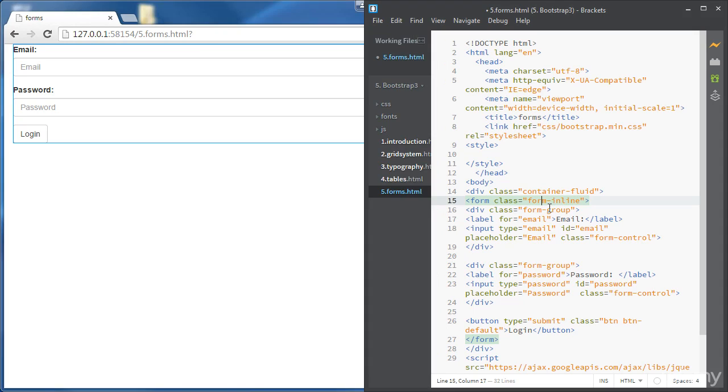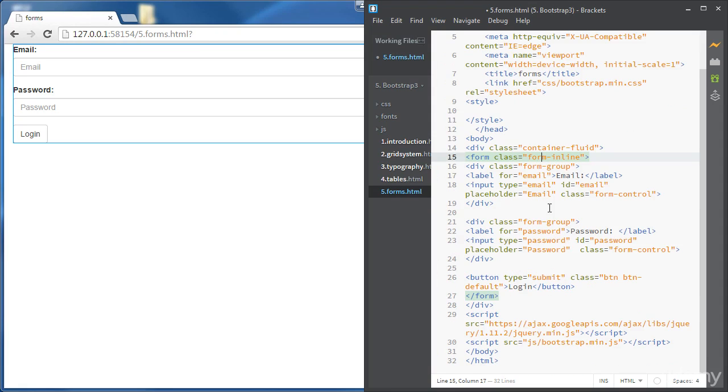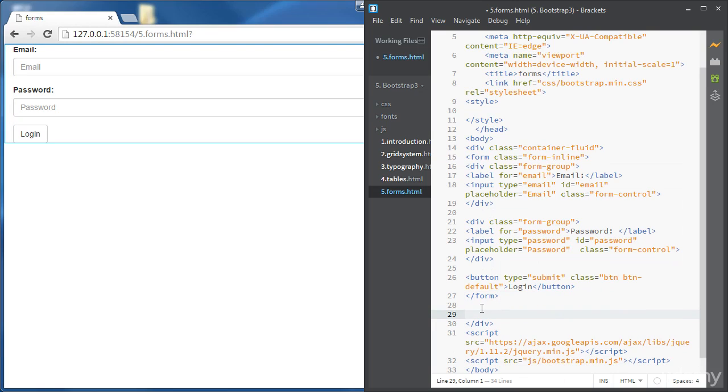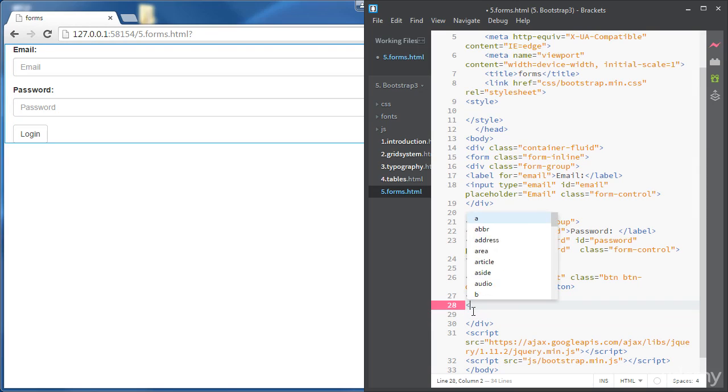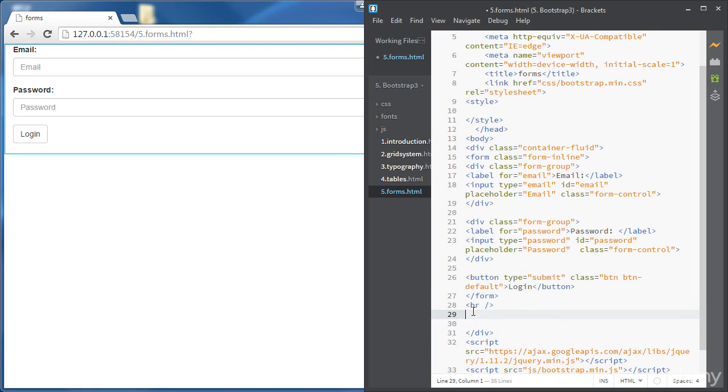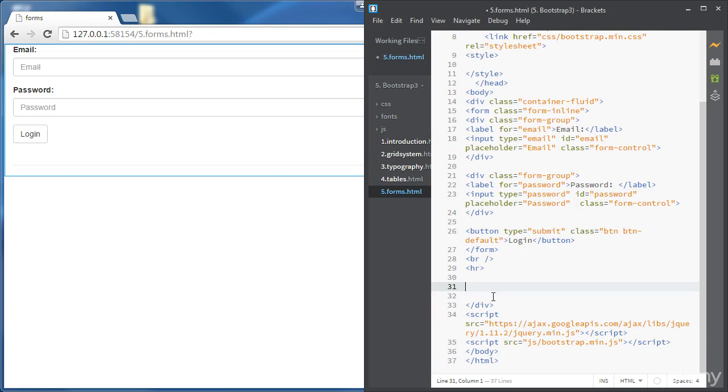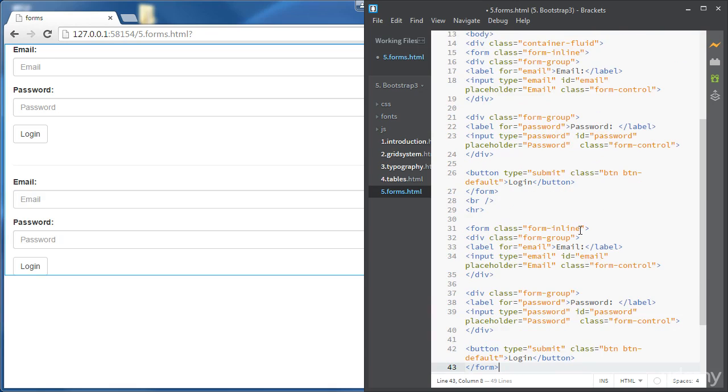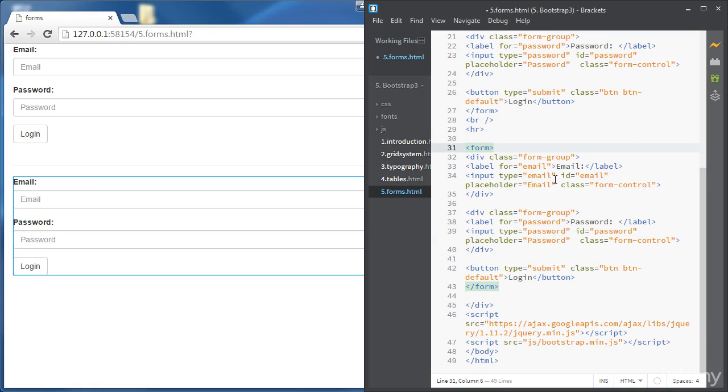Okay, fine. Now let's create another form and try a few more classes. So we're just going to copy the same form. Okay, let's have a line break and a horizontal line for now. Okay, let's copy the form here. Let's take out the form inline class and let's